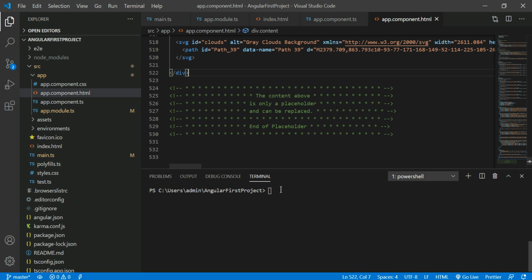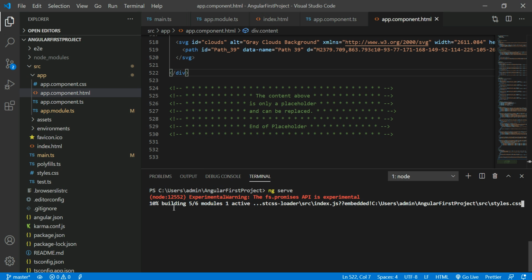Okay. First of all, let me execute this web application. Once I execute it, the first step is that it's going to be compiled. Compile in the sense that all the TS files are compiled to JS files. Then after that, our application will build. After that, the development server is going to open this web application on one particular port number. As of now, the default port number is 4200, so my development server port number is 4200.